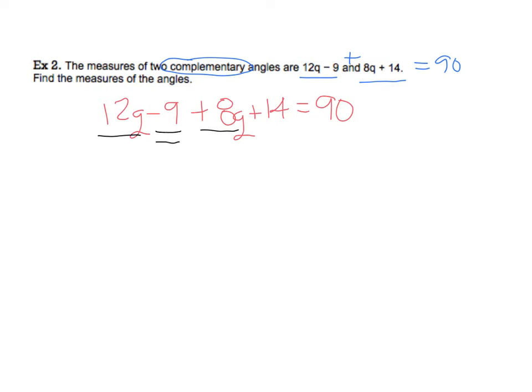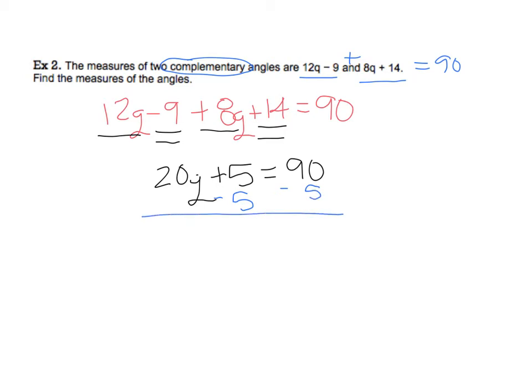Now we're going to look to combine our like terms. So 12q plus 8q is a grand total of 20q. Then you have negative 9 plus the 14, and that is going to be a positive 5, equals 90. We're going to subtract 5 from both sides. 20q, those 5s cancel out, equals 85. Divide both sides by 20, and we get that the value of q is 85 divided by 20